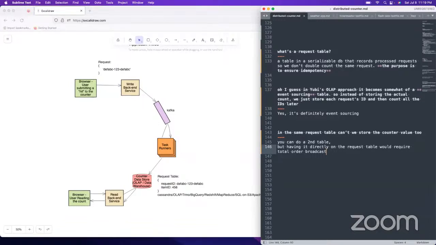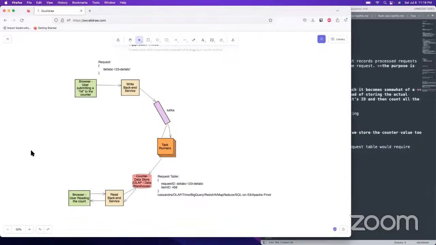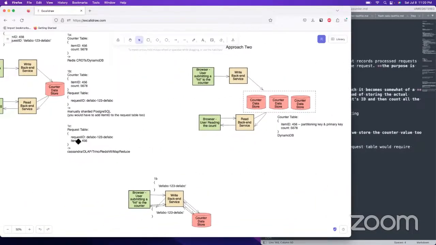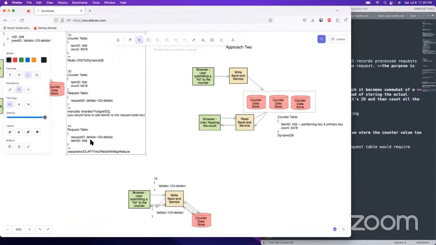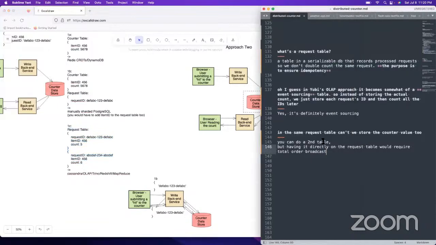If you're trying to count off the requests and have them numbered, you might have, for example, a timestamp also in there, and then you would have the increment. So you'd have a record like 5 there, and then some other request ID, same item ID, and then you have 6. So it would look like 6, and then some request ID like ABC, DEF, 234. This was what I was imagining that you were talking about.